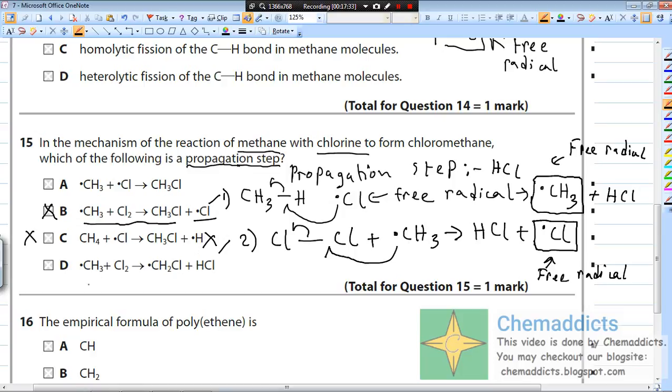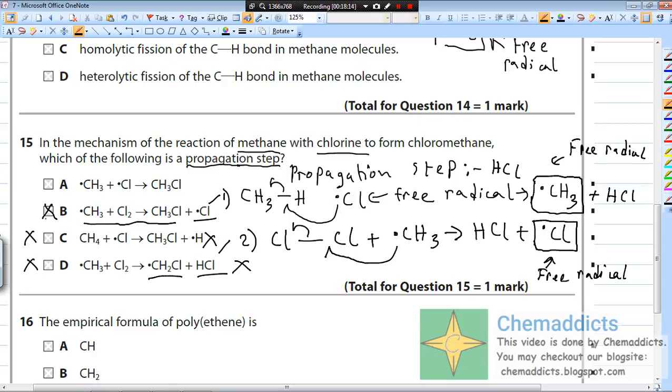Okay, so now let us move on to the next option. Why shouldn't this be the answer? Let's check. So here a methyl free radical has attacked a chlorine molecule to form this free radical and HCl, so this is not the case. We have seen that when a CH3 free radical attacks a chlorine molecule, a chlorine free radical is formed. So instead of forming a chlorine free radical over here, another free radical is formed. So that is why this shouldn't be the possible answer.